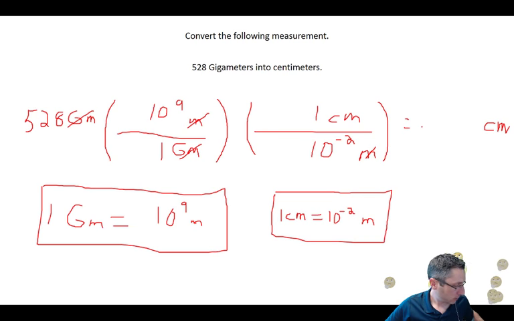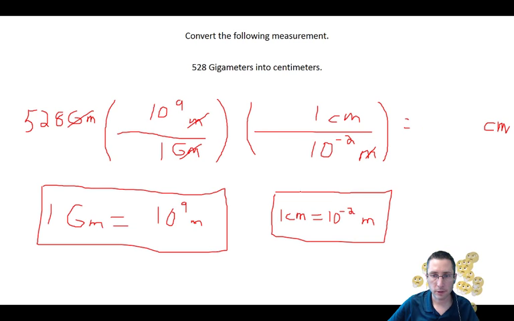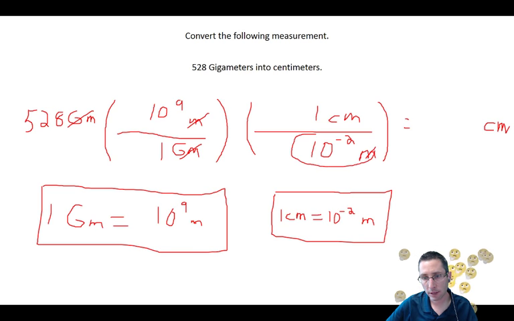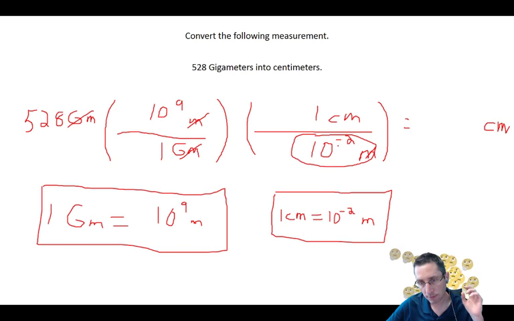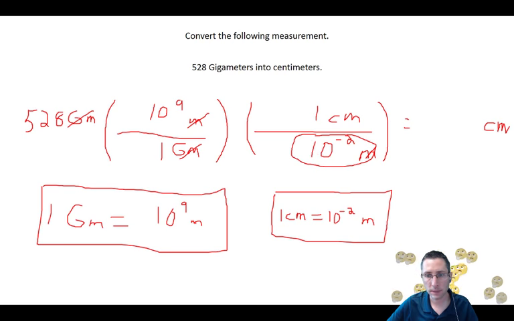Remember, make sure you're using your scientific calculator, and you understand how to enter 10 to the 9. Sometimes you have to use a little EE button or EXP button on your calculator, so make sure you're using that and doing it correctly. For anything in the denominator, like this 10 to the negative 2, I would hit divide, open parentheses, and then enter the 10 to the negative 2, close parentheses, enter. Just to make sure all of that is getting in the denominator as you intended.